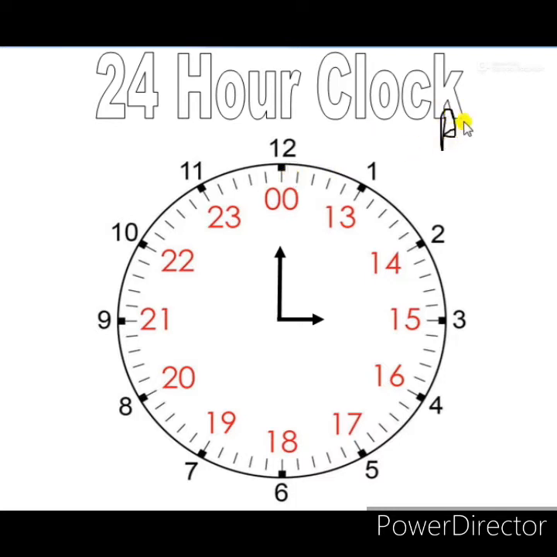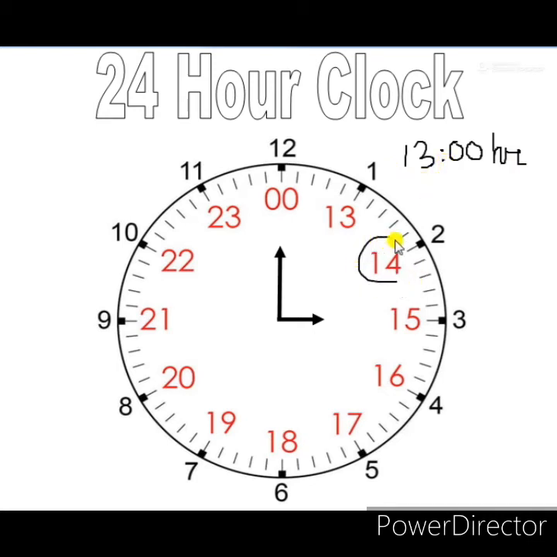But in a 24-hour clock there is no AM or PM. After 12 o'clock in the afternoon, they continue the numbers. When the time reaches 1 o'clock, in the 24-hour clock it is written as the continuous number, 13 hour. There is no AM or PM. So 1 o'clock in the afternoon is 13 hour in the 24-hour clock, only 13 hours. Now 2 o'clock in the afternoon is 14 hour.